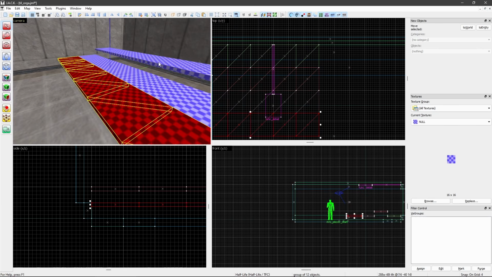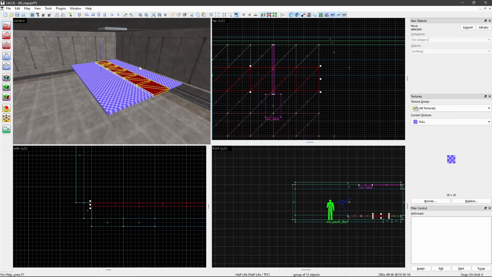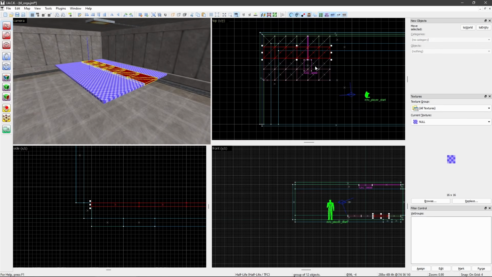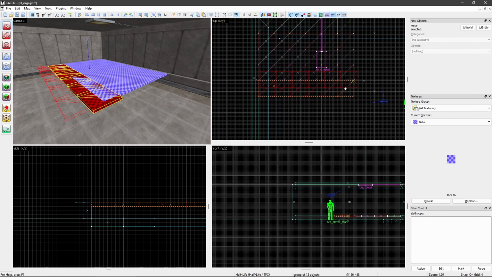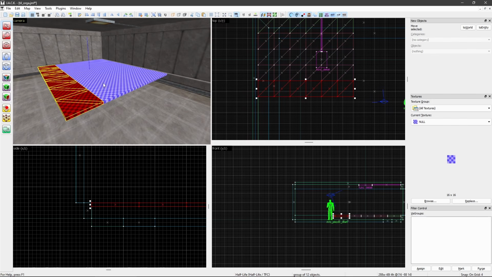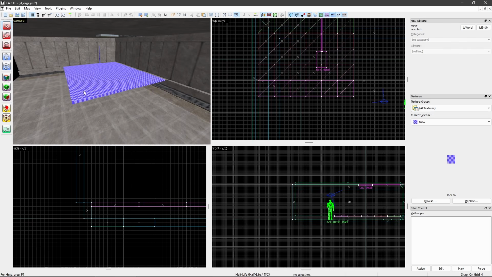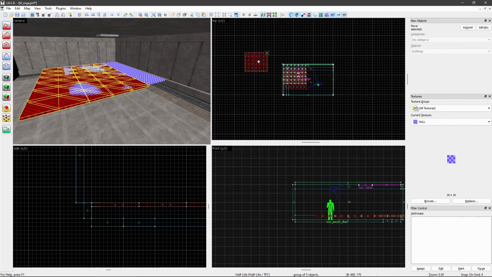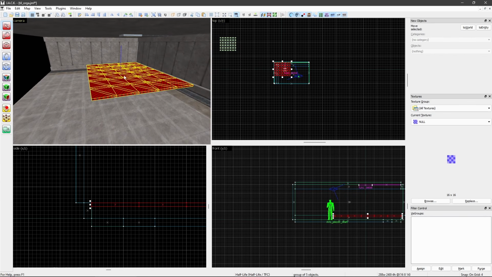I always call it manual displacements, because it basically works like displacements in the Source engine, but of course in GoldSrc you have to do it all manually. So now I have this plane right here, which consists of these triangles, and I'm gonna group them together as well, and copy paste this for use later, sort of like a template. Alright,